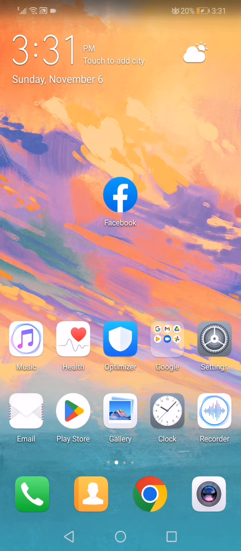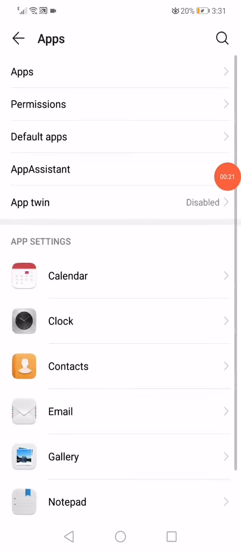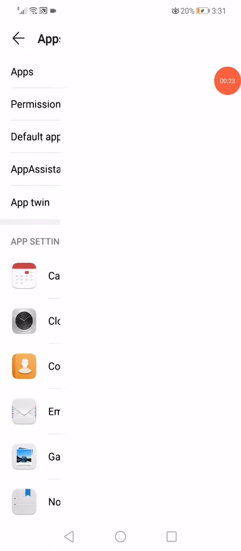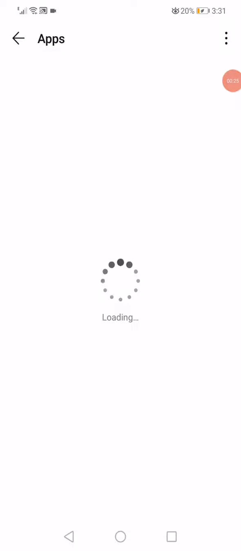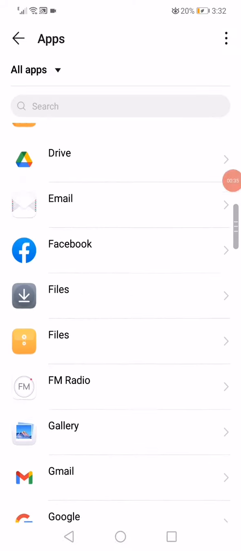So all what you have to do is simple. Just go open settings on your phone and then go to the apps manager, and then all what you have to do is wait a few seconds, go to apps, and then all what you have to do here on this page is simple. Just wait a few seconds and scroll down until you find the Facebook,